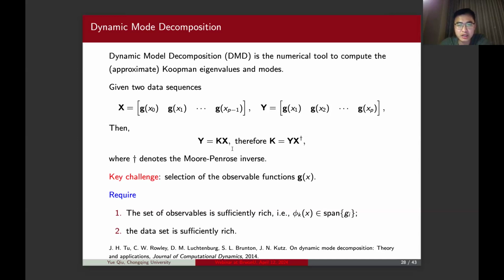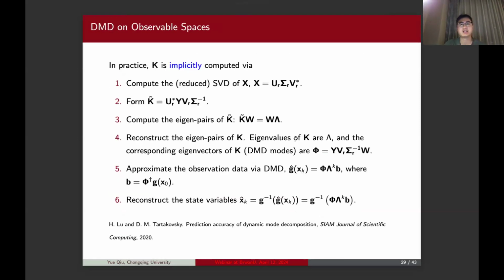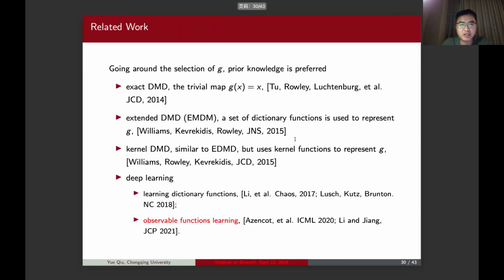But we do not really need to compute the pseudo inverse of one data sequence explicitly. We just need to compute them implicitly by performing some singular value decompositions. So the key for this framework lies in the fact that we need to find the representation of the function g that maps the original system states to